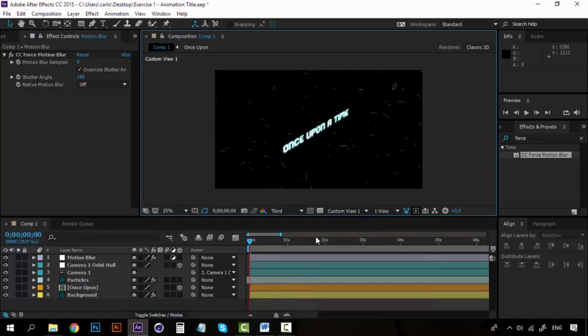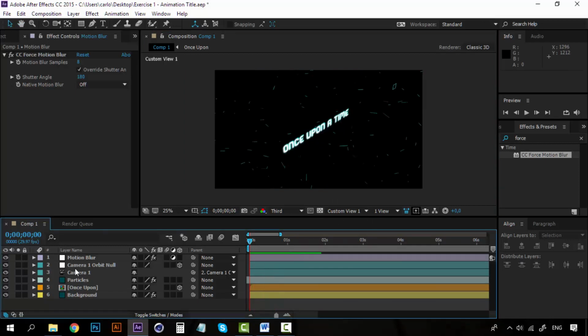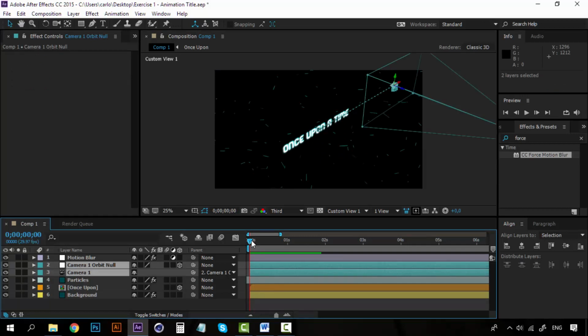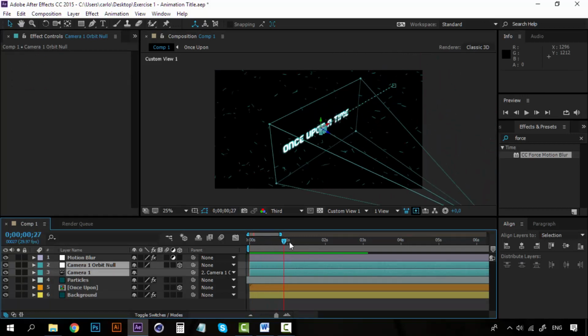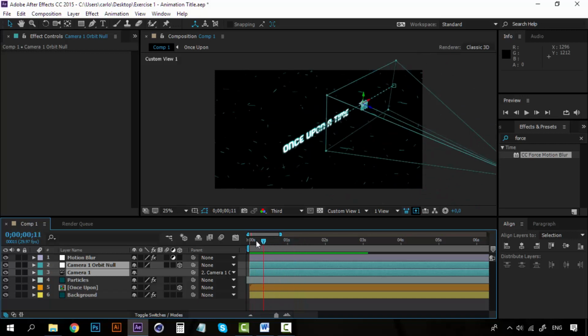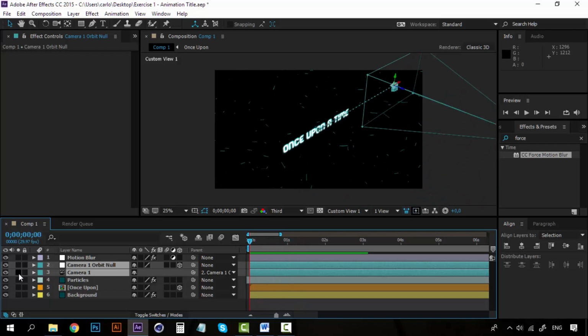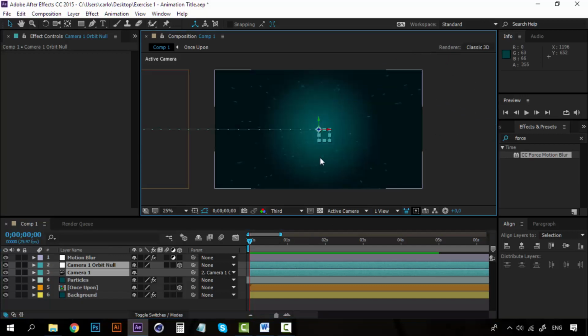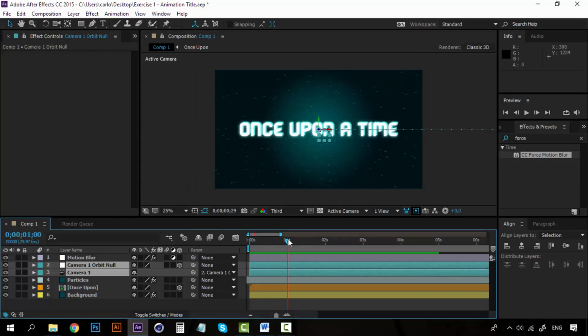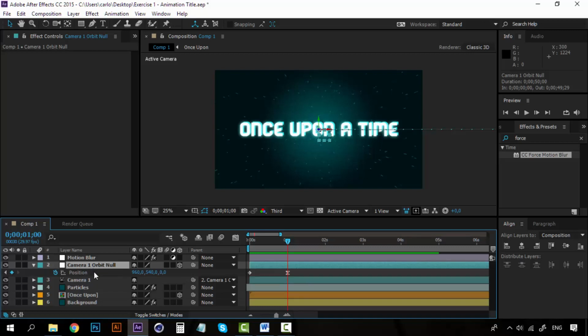If we hit the custom view, we can see, if we select our camera and press here, you can see how it moves. Alright, now let's go again to our active camera view, and here we are on the first second. Let's open with the U on our keyboard. We see the keyframes. We are now here on this position, and now we should wait for like a second and a half maybe,